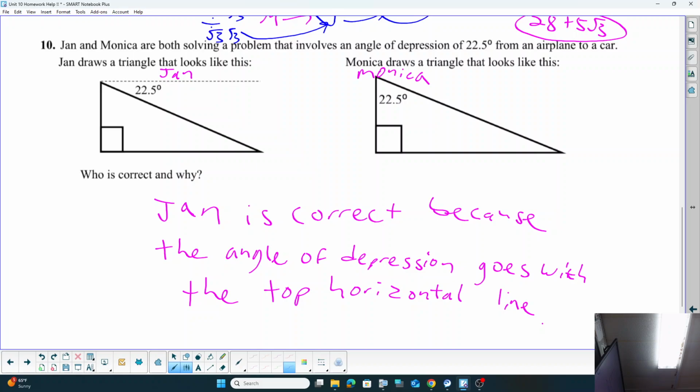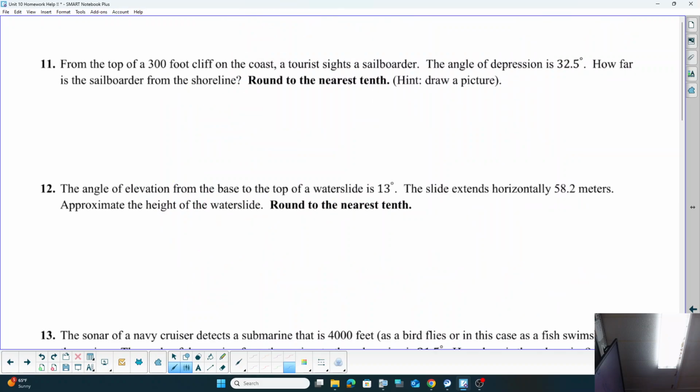Jan is correct. This is the angle of depression. Looking down. Not that one, so watch out for that. Yeah, 10.1, almost done. So from the top of a 300-foot cliff on the coast,